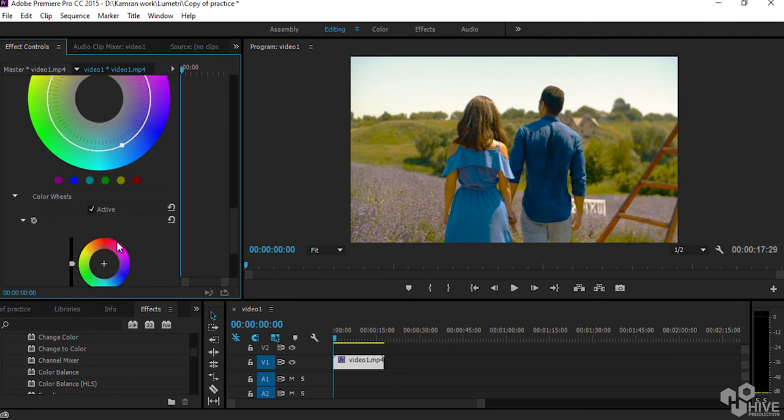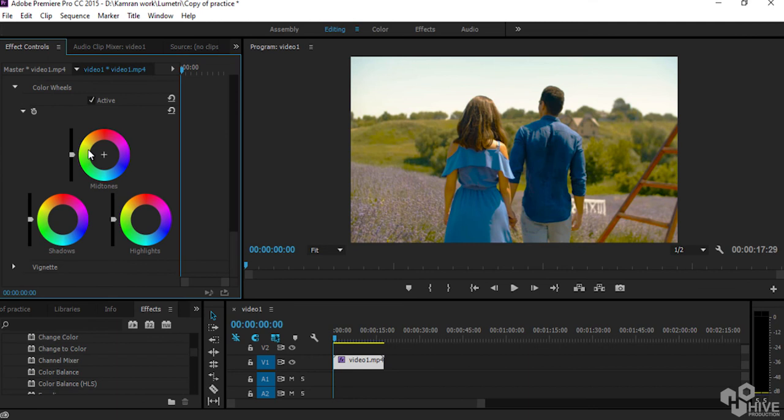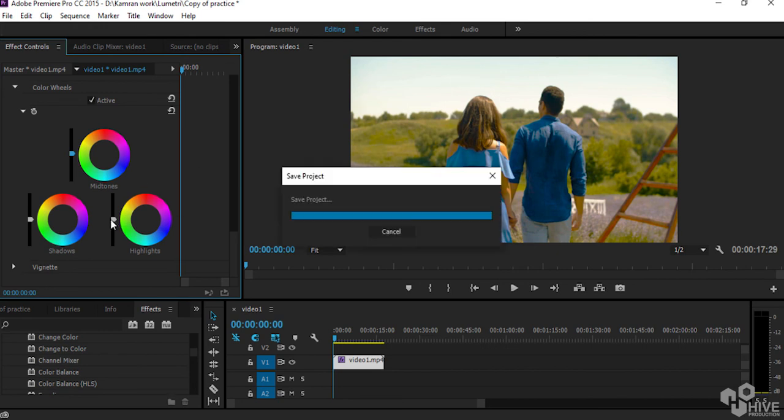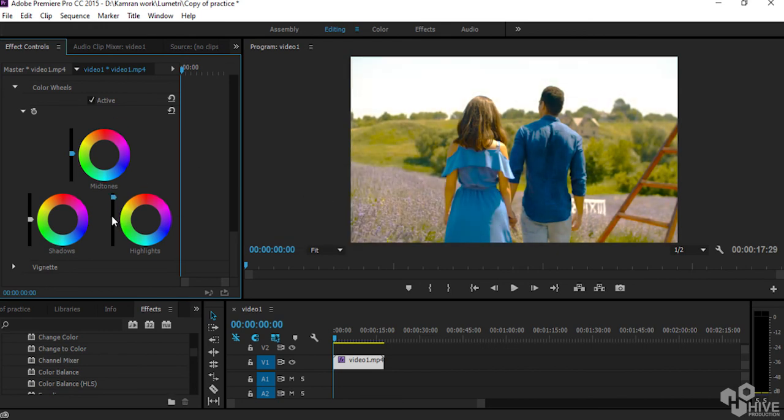As you can find out the color wheels, these are the 3 tones, which is mid-tone, highlight, and the shadow. Shadow you can call this dark tone as well. That how much color you want, like this, it will only affect the mid-tones. That means not dark tones, not the white part, only the middle color part. If I increase the highlight, every part will become white like this. These all become total white. And if I bring this down, now you can see there is a little bit of blue shading here.